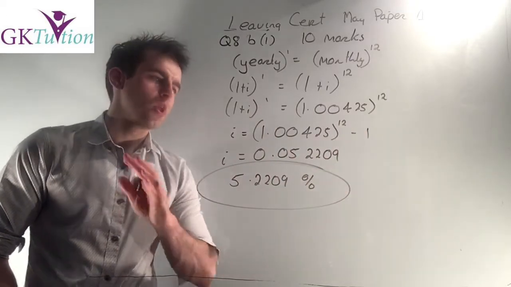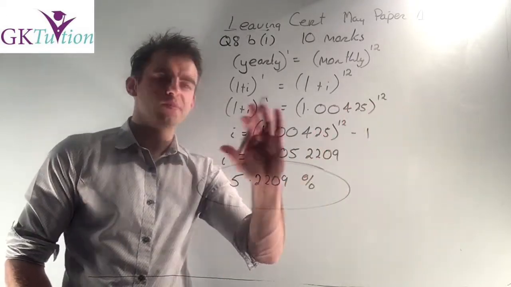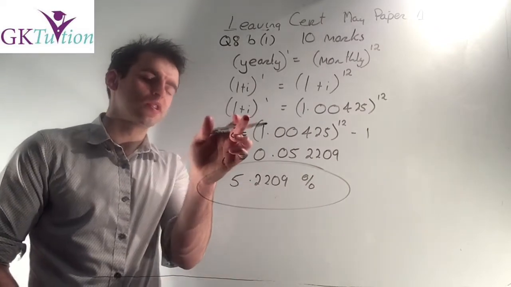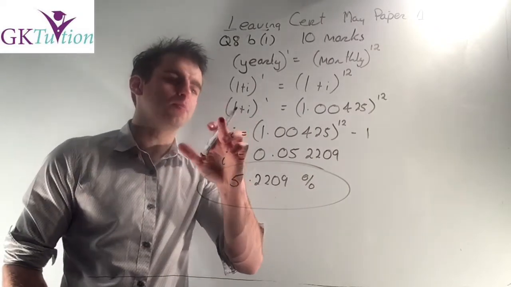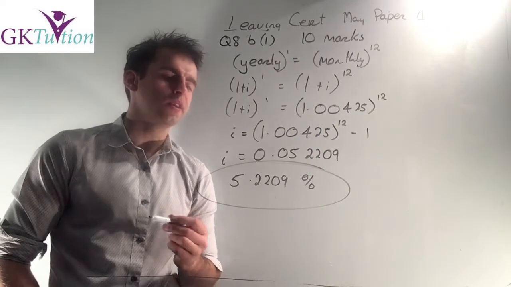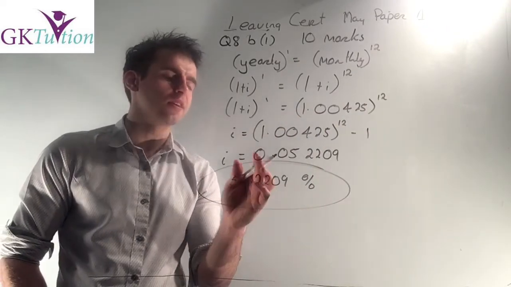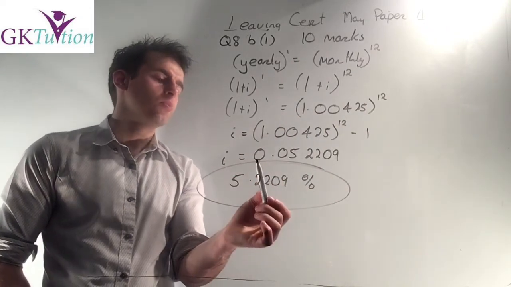So you know that 1 plus the yearly interest rate to the power of 1 is equal to this to the power of 12. Usually we have to play around with our powers, but I'm happy out with the 12 over there. I just want to get i on its own. So I just bring this plus 1 to the other side and it becomes a minus 1. You just plug it straight into your calculator and the yearly interest rate must be